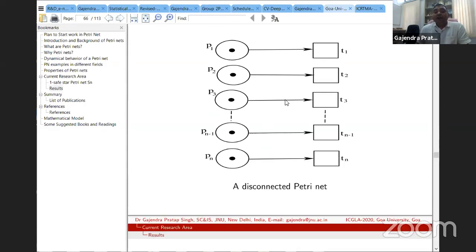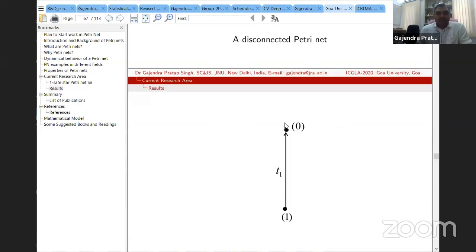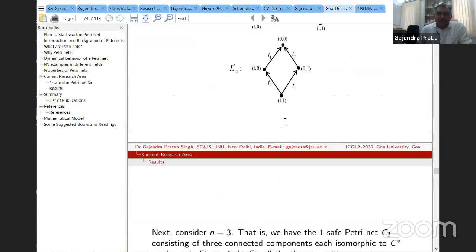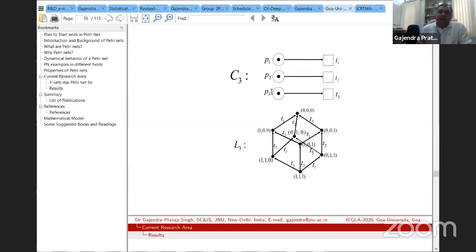And we have defined some homomorphism of the Petri net, and we found that a disconnected Petri net has a homomorphic image that is a complete Boolean lattice if you use some strategic firing sequence like this. Time is short, so that is why I'm leaving some slides. Suppose this is a disconnected Petri net for 3 places, and if we strategically fire, then we will have this. This is the complete Boolean lattice, and this is the reachable tree of this.